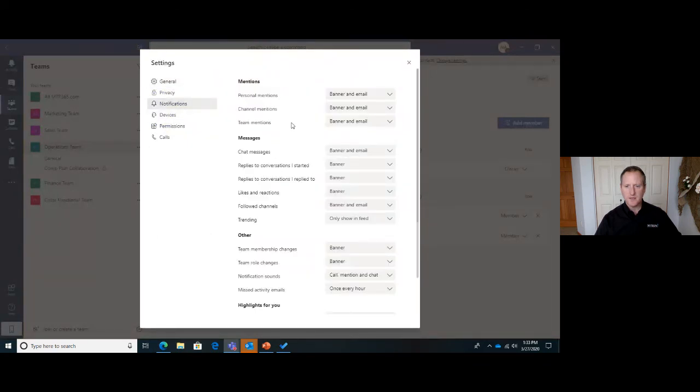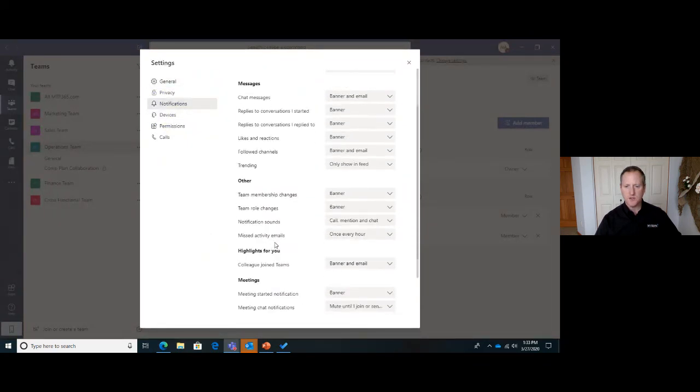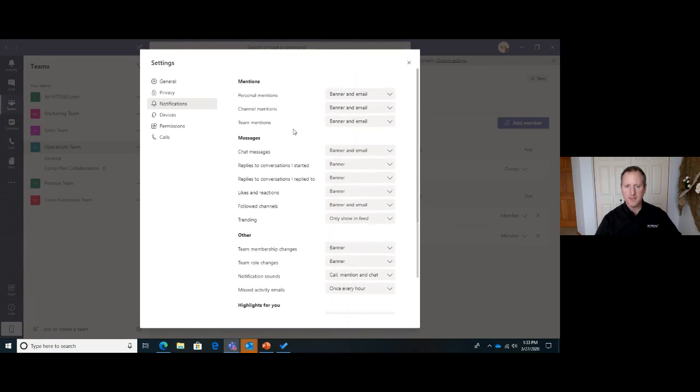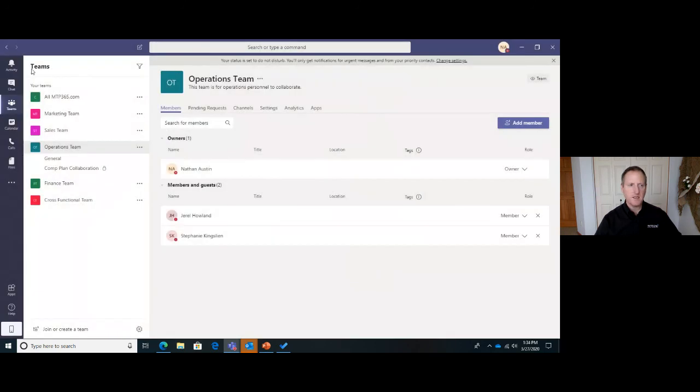This is where you can actually set what notifications you want to receive. So that's at least where you can set those settings in the first place. And then one of the things that I really like about Teams is that you might be a member of multiple teams like this. You might have multiple chats, multiple conversations you're trying to follow, but it does a good